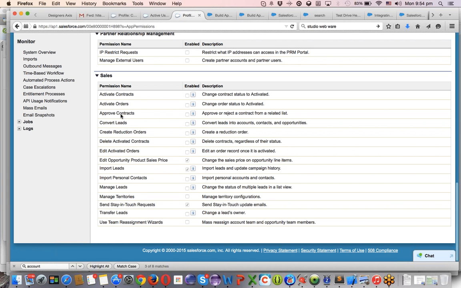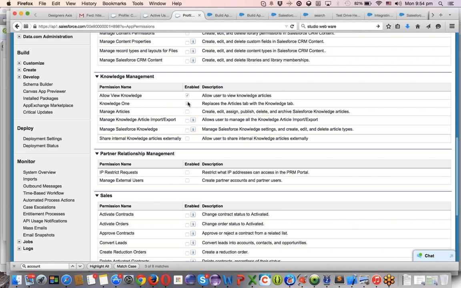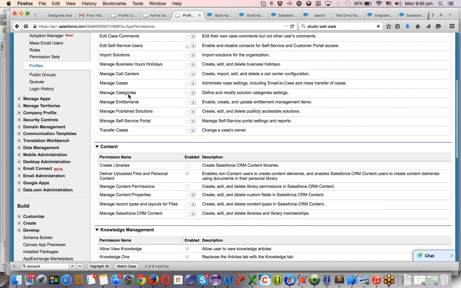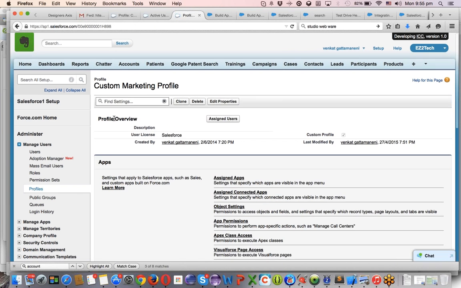Whether I can convert leads or approve contracts or activate orders or activate contracts or transfer leads, merge leads, import personal contacts. All this stuff can be done with Sales Cloud, with the Sales app, so I can enable the things according to your needs. If you want that feature, yes, enable that. Going back to profile overview again,